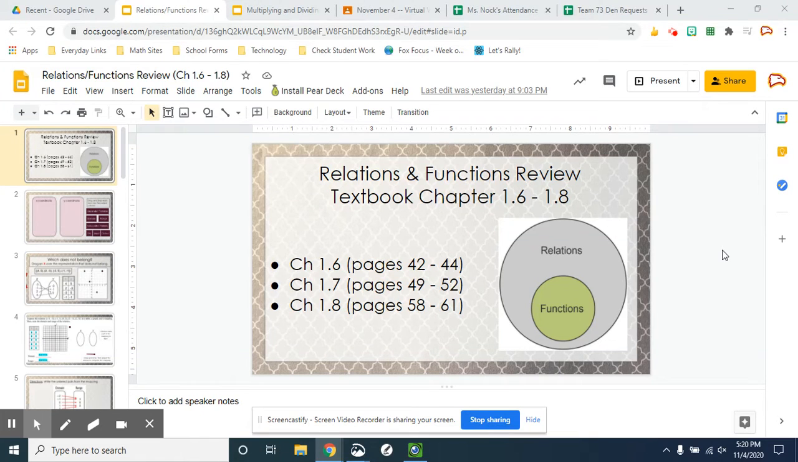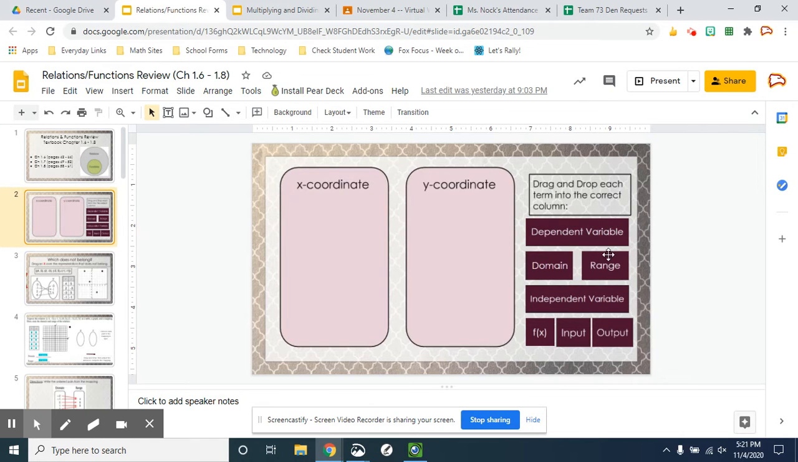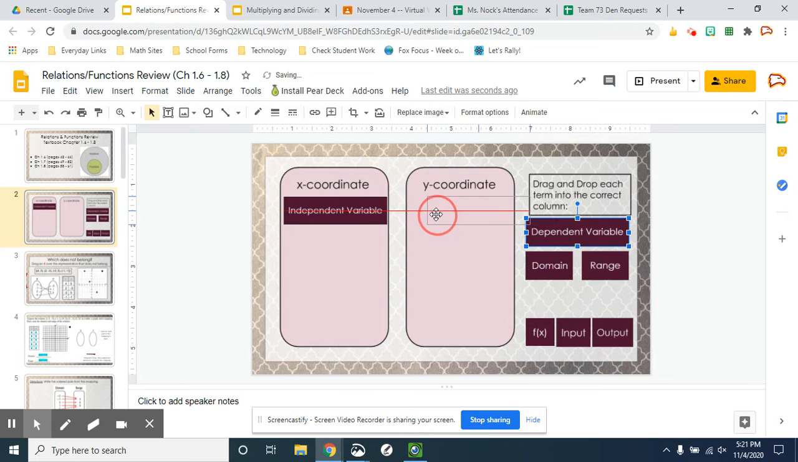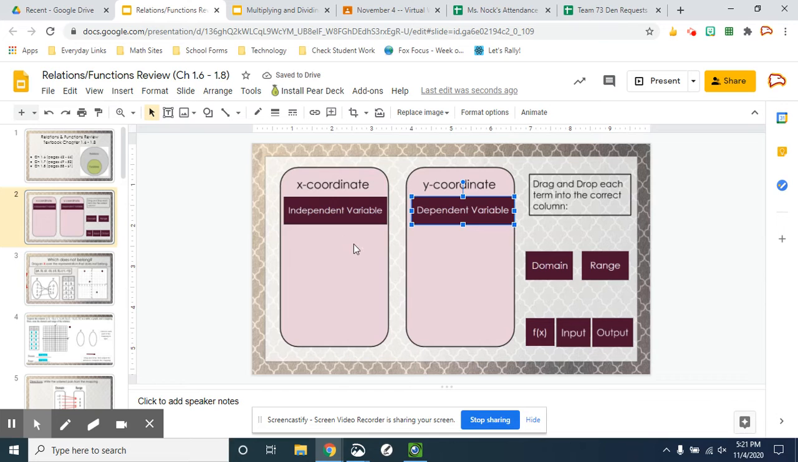All right, so we're going to go over the review for chapter 1.6 through 1.8. So let's start with the vocabulary. All of these that have to do with the x coordinate would be your independent variable, which would make your y coordinate your dependent variable. Your y variable, your dependent variable, depends on your independent variable. So the independent variable is subject to change, and the dependent variable will only change if you increase or decrease